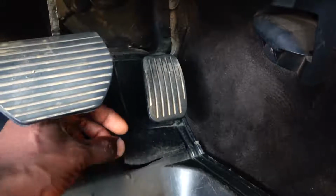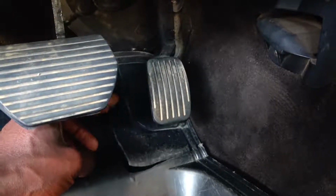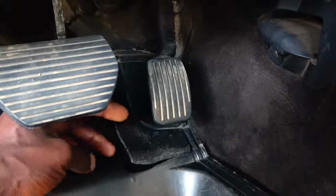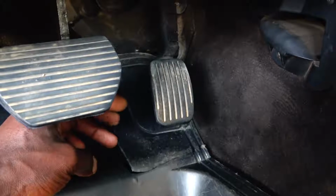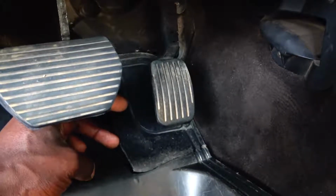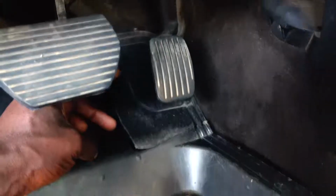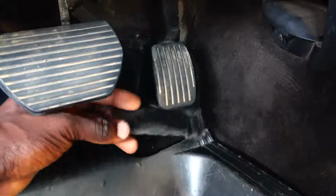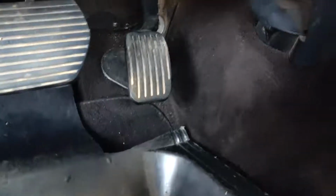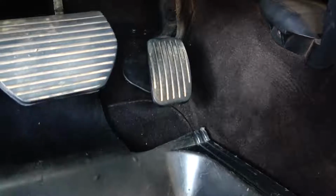So the customer bought this car and said that something is wrong. He has driven another Peugeot of the same model and the acceleration is much better, whereas this one is as if the acceleration is halfway, the car has a problem, it doesn't pull. So I now discovered the floor mat is the problem. So if you are buying a floor mat, I would suggest you go for a light one,